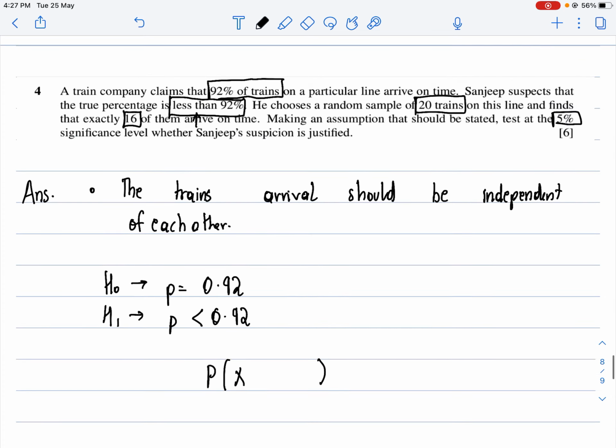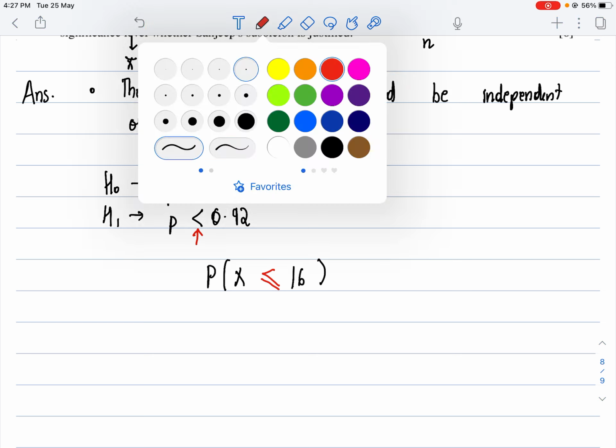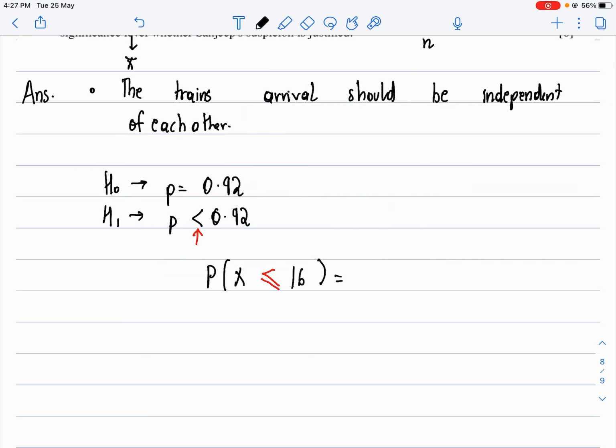My test value is 16, and this is n. So I get 16 here. The sign will be less than, the same, but with an equal to. So we need the probability of x less than or equal to